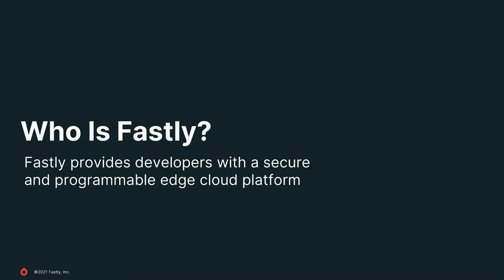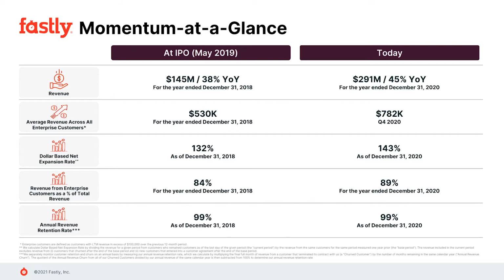To put it simply, FSLY provides developers with a secure and programmable edge cloud platform. In May 2019, they IPO'd with revenues around $145 million and seeing a 38% year-on-year revenue growth. As of today, they're seeing around $291 million in total revenue and seeing around 45% year-on-year revenue growth. The dollar-based net expansion rate is up from 132% to 143%, and they're seeing impressive annual revenue retention rate at